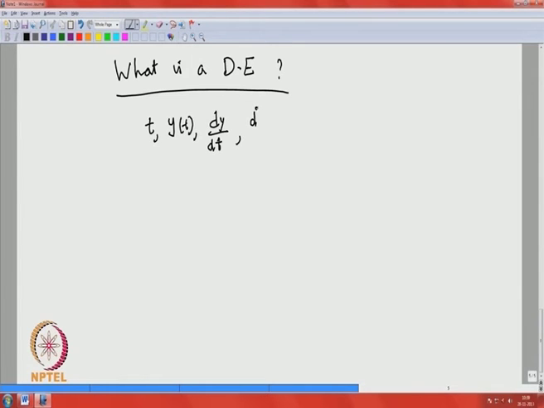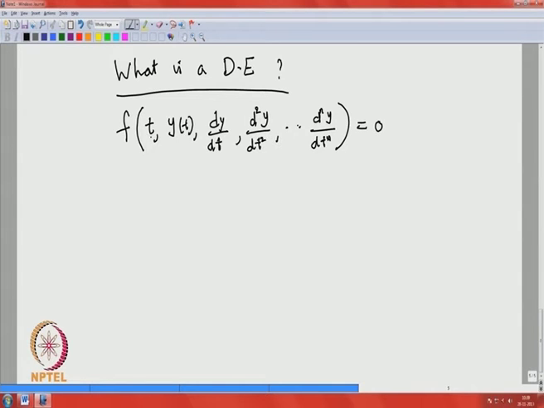It can also come with d squared y by dt squared, and so on. You can go up to d to the power n y by dt to the power n, and you will have a relation connecting these. So formally I can define a differential equation as a relation connecting an independent variable